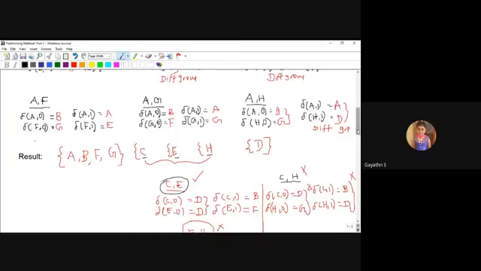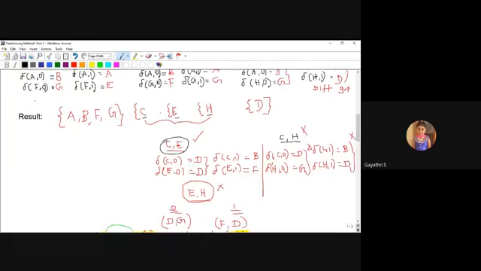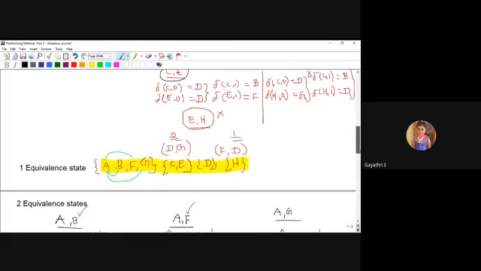So I will check another possibility, whether I could make any pair here. So I will check CE. In CE, both the transitions belong to the same group. But in CH the transitions go to a different group, and in EH the transitions go to a different group. So we can make CE a single group. Okay, so I put CE in the same group.